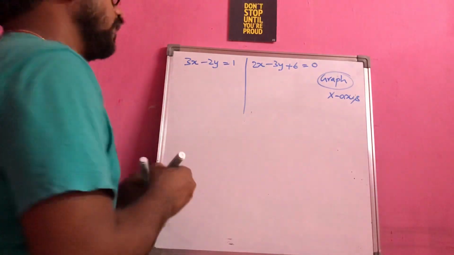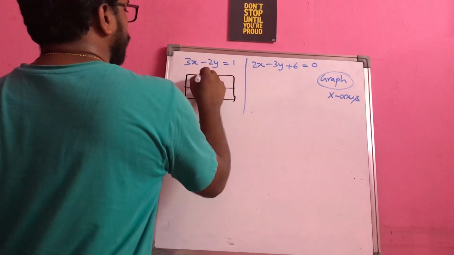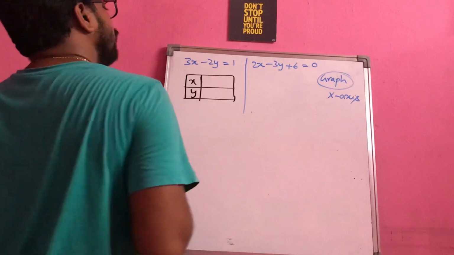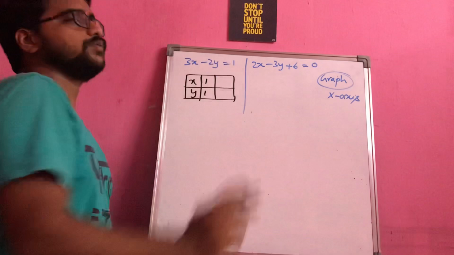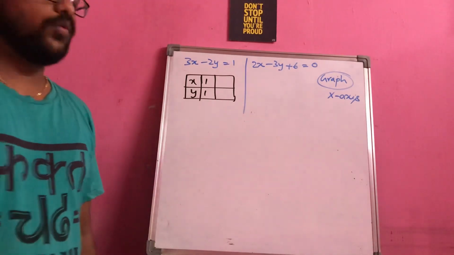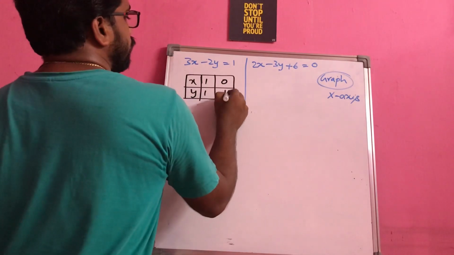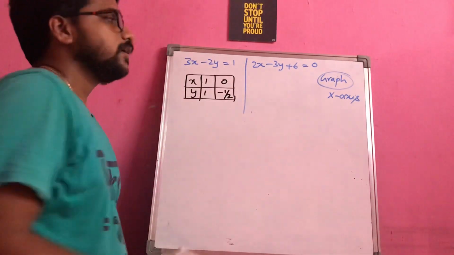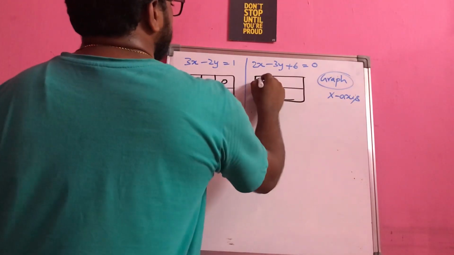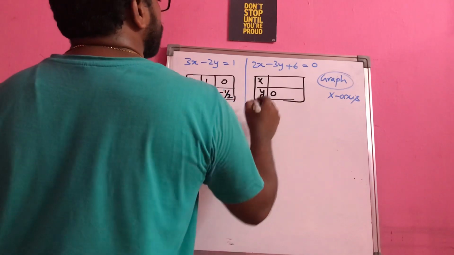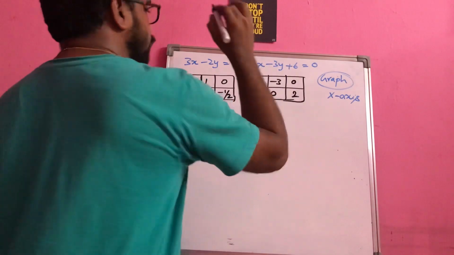Okay. So we learned in the last class how to form the points for this. You can take x, y in whatever way you want. For example, if I take x as 1, y also should be 1, then only 3 minus 2 is equal to 1. If I take x as 0, the y value will become minus 1 by 2. Coming to the next one, x and y: if I take y as 0, the x value is minus 3, and if I take x as 0, the y value is 2 here.